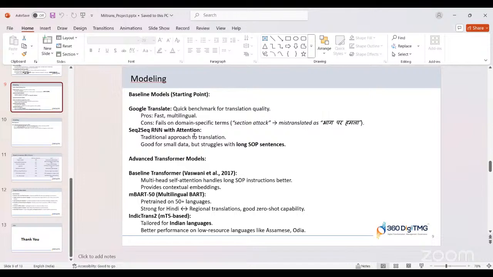We also tried a sequence to sequence model, a basic RNN. There is a problem: long dependency issues, and the basic model will not capture them. Then we tried transformer based models, mBART and others. These are already trained on multilingual Indian languages, so we chose these and fine tuned them.